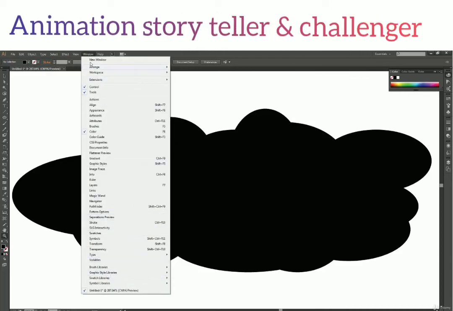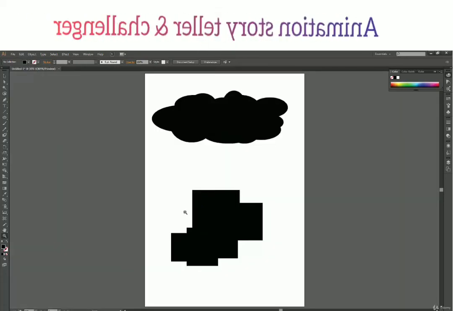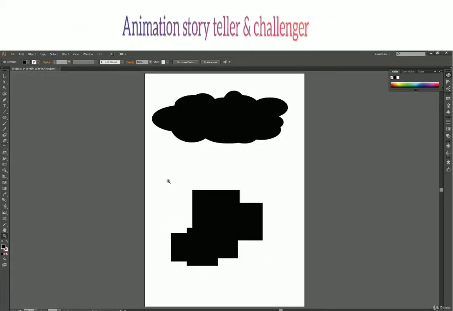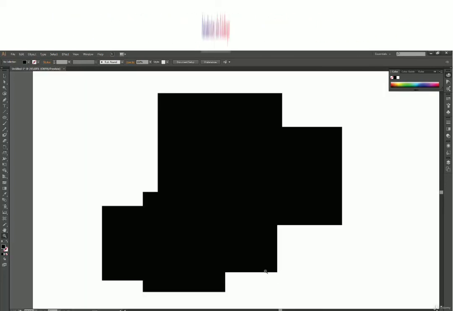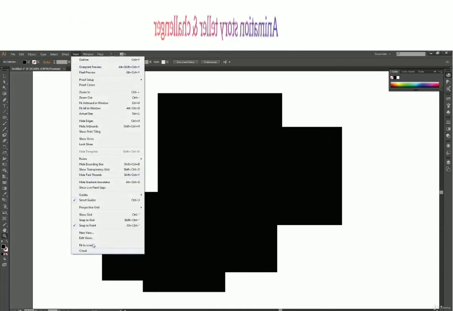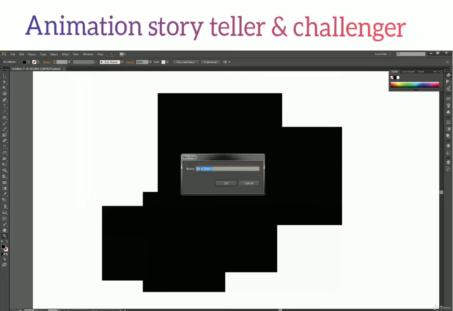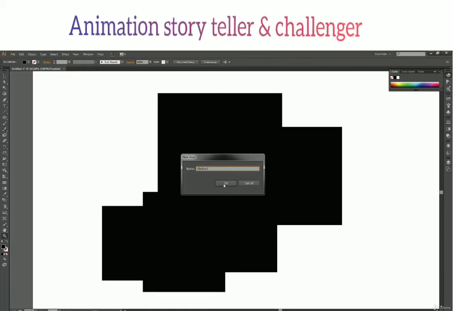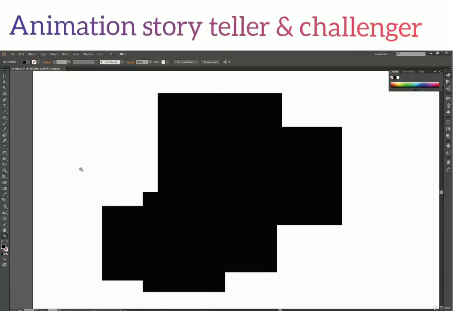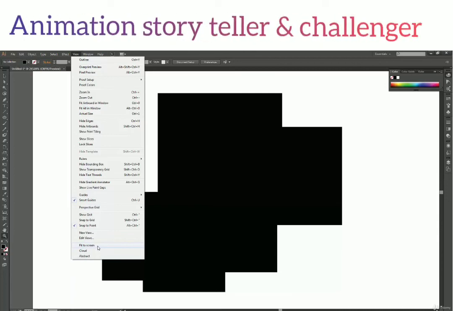And again press Control 0, and zoom into this shape over here. So I just zoomed in, and I'm going to name it another view. What should I name this? Abstract. Let's say abstract, but I don't have a name for this. Abstract, and press OK. So now we have our three views over here, which are fit to screen, cloud, and abstract. So let's see what this view now does.